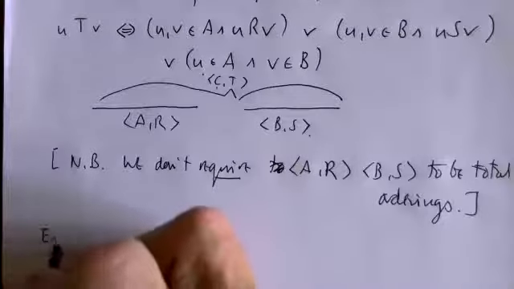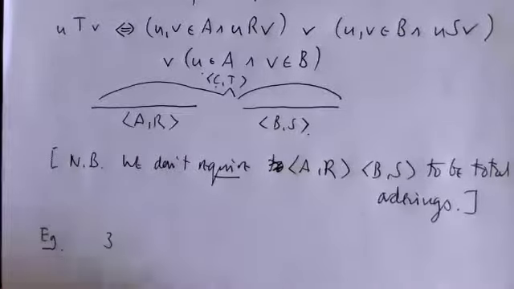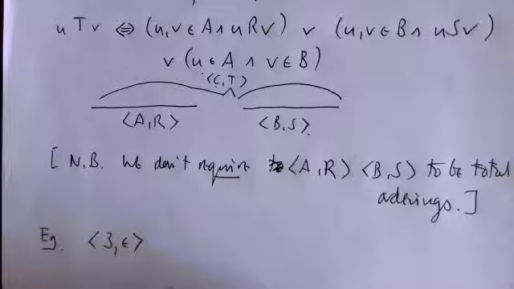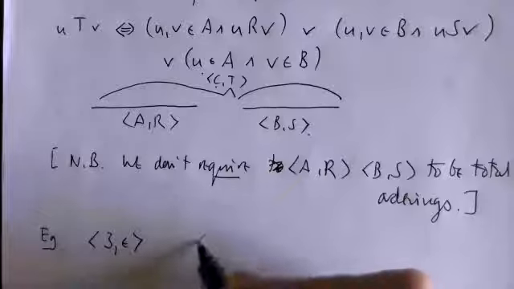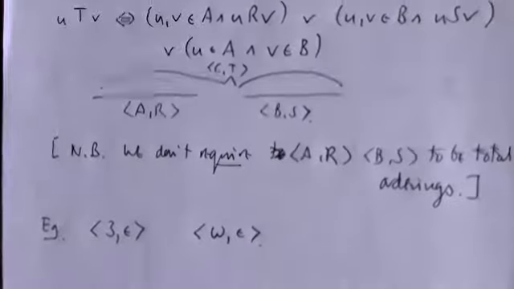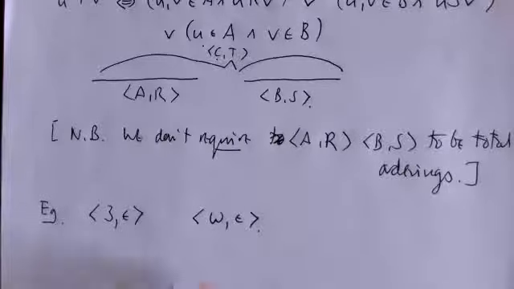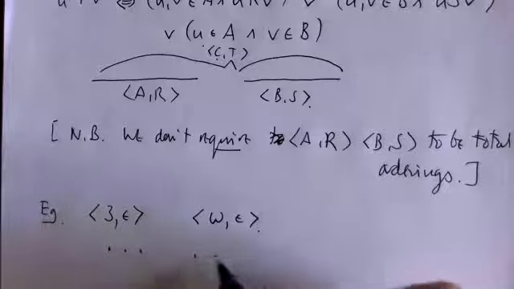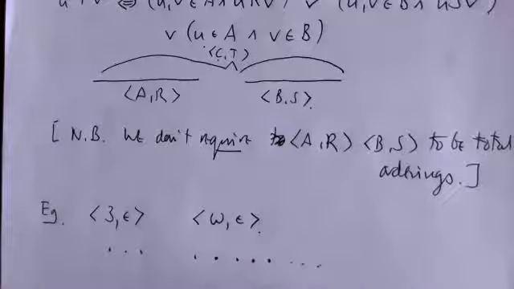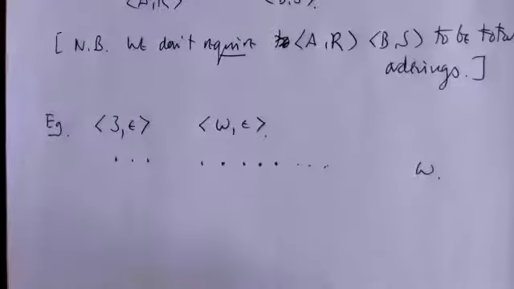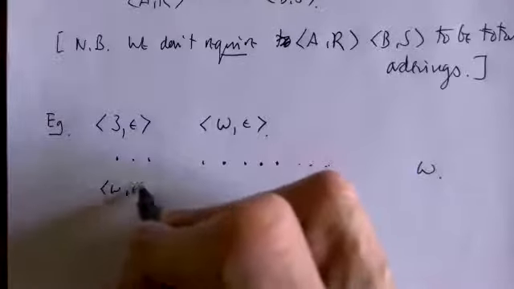And I gave the example. I said, well, if we have 3 with its ordering here, and then we try and add on, say, omega with its ordering, the idea is simple enough. We have 3 here, and then we have omega. And if you draw this followed by this, actually the whole thing looks just like omega. But if you do it the other way around, omega first,